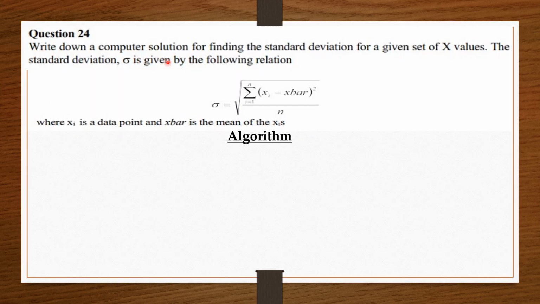Write down a computer solution for finding the standard deviation of a given set of x values. The standard deviation is given by the following relation, where xi is a data point and x bar is the mean of the x. To the algorithm,